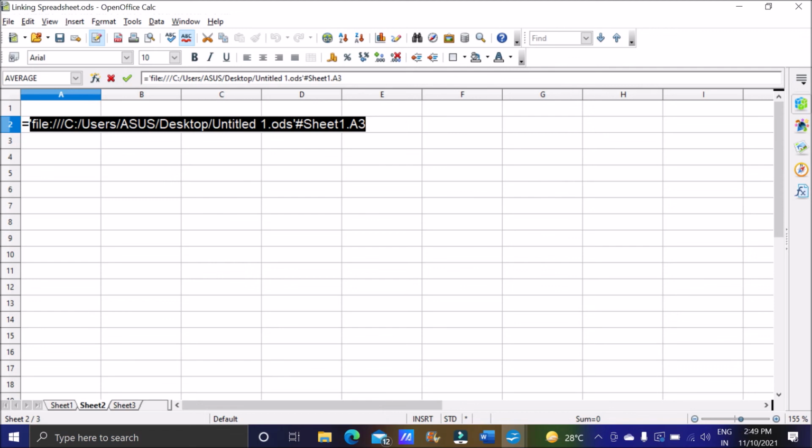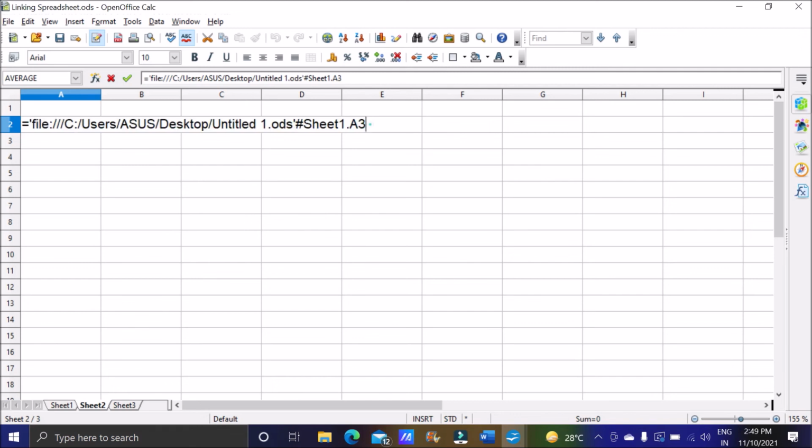Then single inverted comma closed. The sheet in which our data was there was sheet number 1 and the cell was A3. And then I will go for plus, and I want it to add with this one. So you can see now I have got it. First one was this one, and now we have this one, sheet A1.